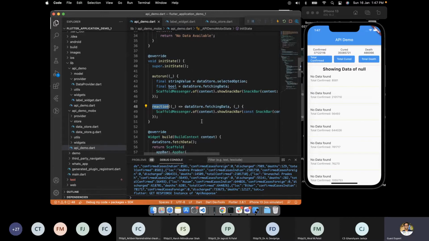So in short, Flutter end-to-end is a stateful app where we know at a particular time what will be the value of a particular state, and that will be visible on the screen and the user will be able to interact with it. So that's Flutter, and that's it.